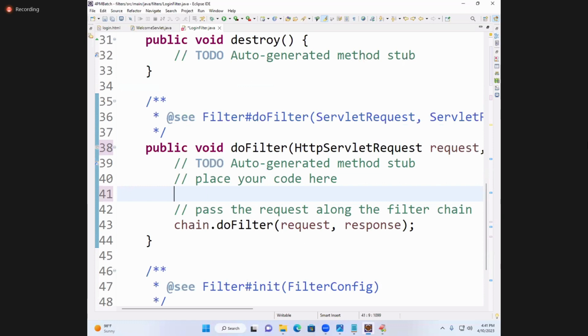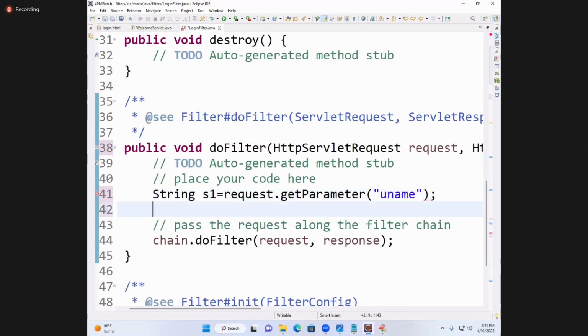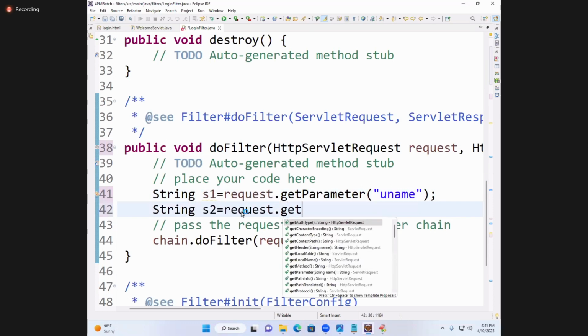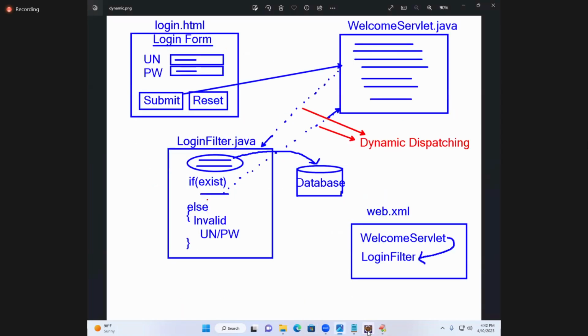How to receive? String S1 equal to request.getParameter, parameter name uname. Next, string S2 equal to request.getParameter, pword. These two we have to check in the database. To check in a database, first connection establishment is required. That code where we have tried,